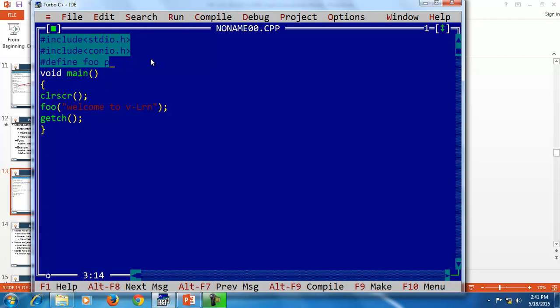Here I am defining the macro double and passing the argument x, and the operation performed on x is x plus x. Then I take the input from the user also, whichever value he wants to enter. Scanning the value.